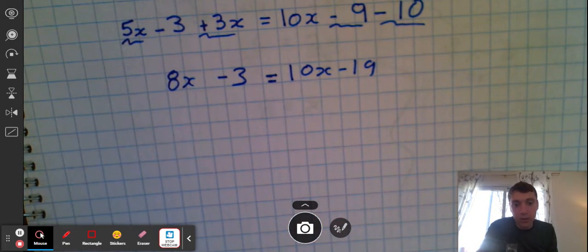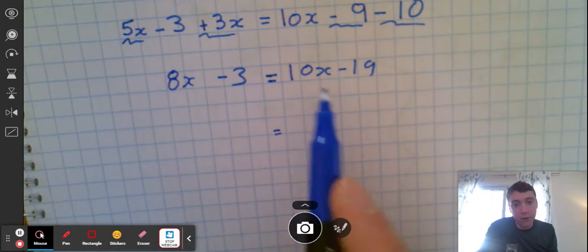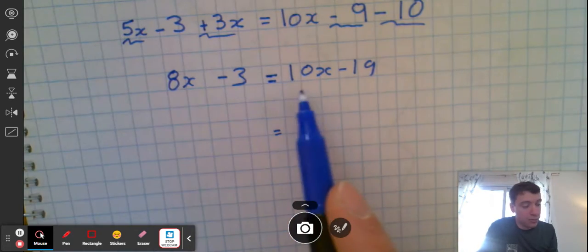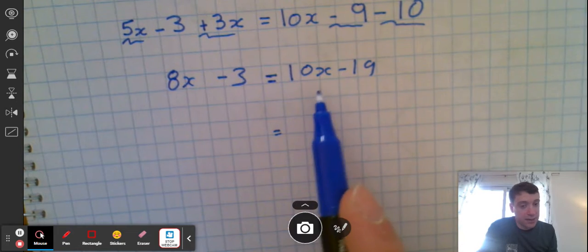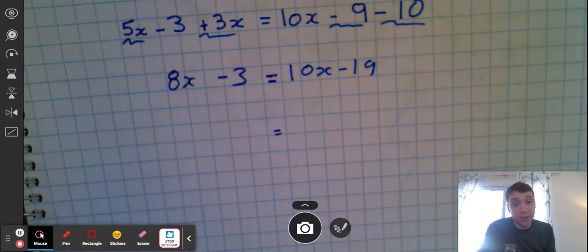And now what I want to do is try to move all the x's to one side of the equation, and then move all the constants or all the numbers to the other side of the equation. Now you can choose. Some students prefer to always put the variable on the left side. So then I could do minus 10x, minus 10x. Other students really like to avoid negatives. So if I did minus 10x and minus 10x out of negative 2x on the left, some students don't like